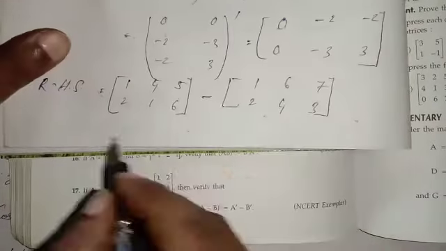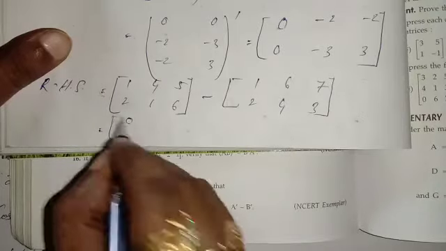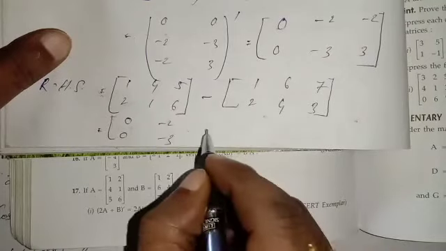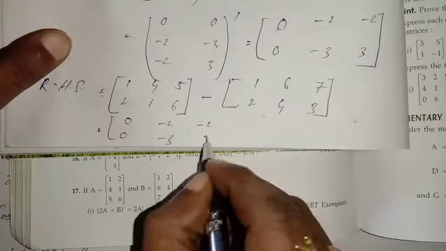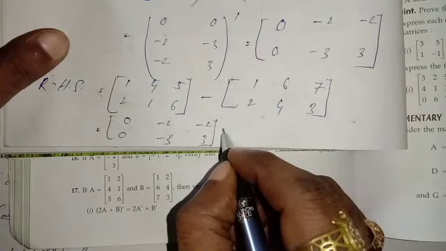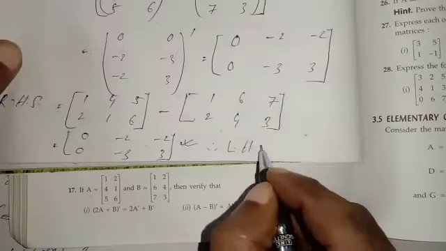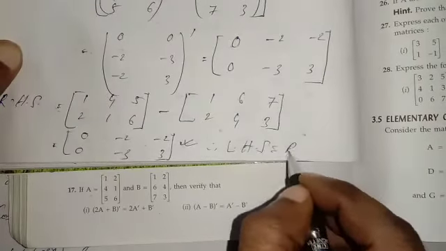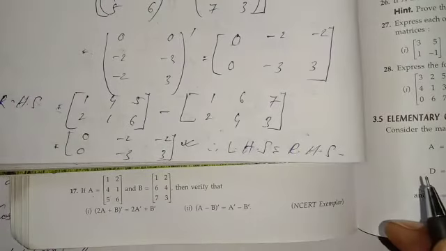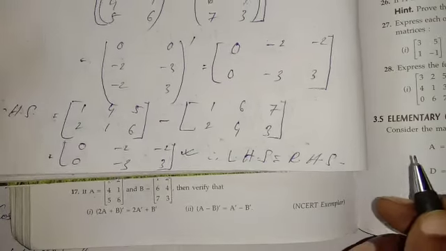Now you have to subtract. 1 minus 1, 0. 2 minus 2, 0. 4 minus 6, minus 2. 1 minus 4, minus 3. 5 minus 7, minus 2. 6 minus 3, 3. Now you see both are equal coming or not? Therefore, left hand side is equal to right hand side. In this way, the 17 second part also complete. In this way, few questions today I have done, number 16 and number 17 two parts. Okay, let us go to the next part.